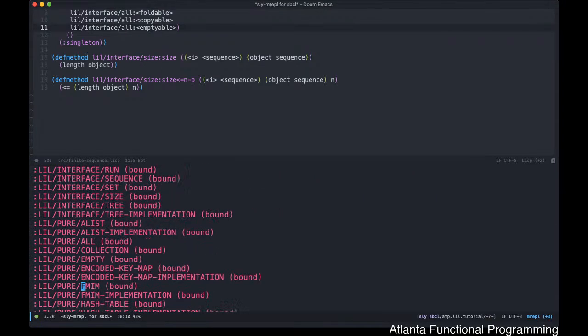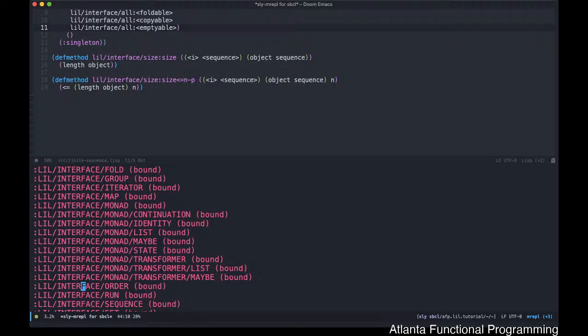So the Lisp interface library got a lot of its inspiration from existing newer functional languages that are in active use today, particularly Haskell. And in that guise, it actually implemented a lot of Haskell-like